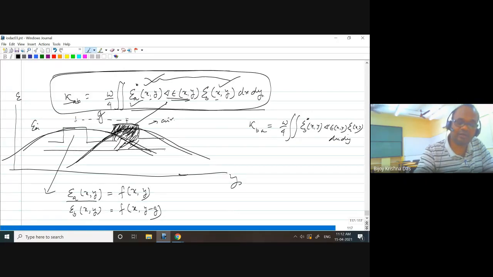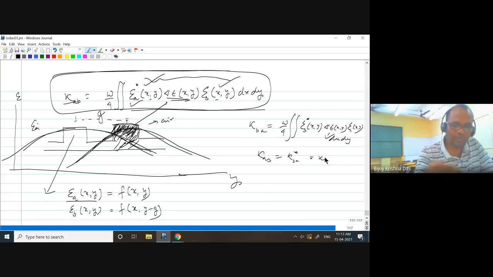Normally, they are complex conjugate. Typically, they are complex conjugate. If they are real, they are identical, so you don't need to worry about that. If they are complex, because delta epsilon can be complex also, you can have a complex part here also. They can be complex conjugate, so KAB should be equal to the complex conjugate of KBA. So something like that, we can just consider kappa.